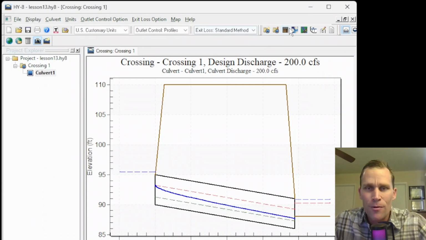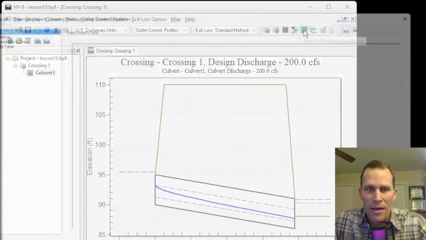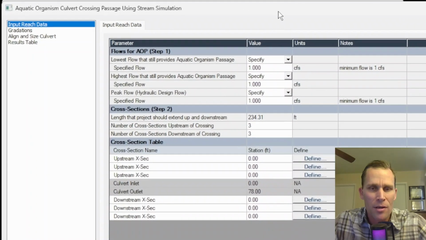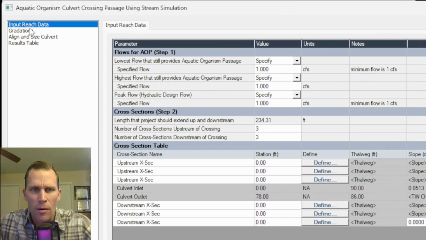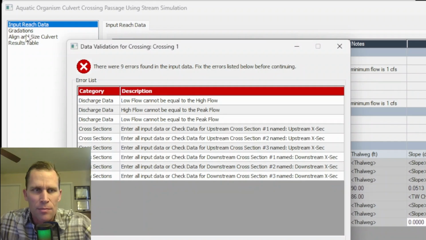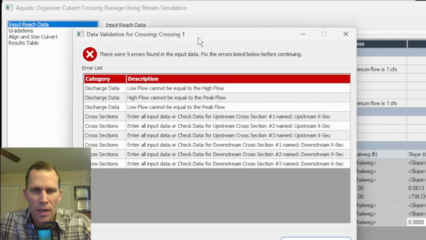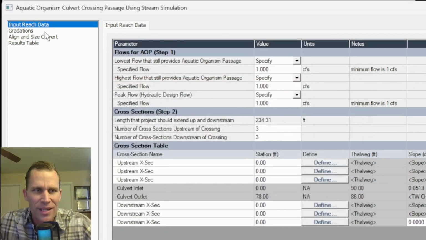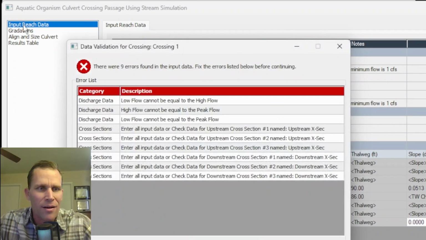We're not going to be looking at too many details. I'm really just going to be giving you an overview on how this AOP feature works in HY-8. Okay, so without further ado, I'm going to click on the Run AOP button to bring up the dialog box. Over on the left panel, we have our four different pages, which read Input Reach Data, Gradation, Align and Size Culvert, and then finally the results. So if you click on one, that'll advance you to the next page, but it looks like I'm getting blocked by a validation error. So we're going to go ahead and just start right here where we're at on Input